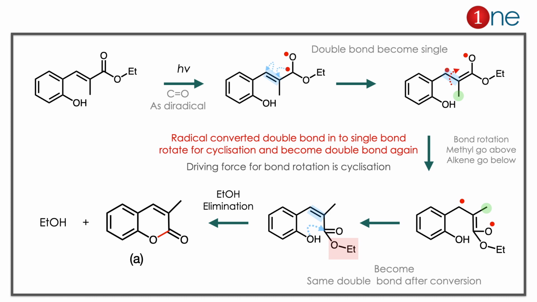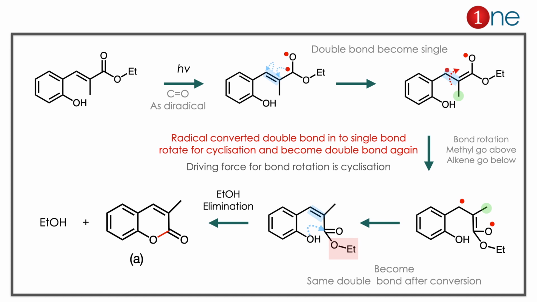The double bond is moved there because of radical stability. Here the radical weakens the rigidity of the ring, so bond rotation occurs there. So the rotation of the bond occurs, and the cyclization possibilities happen there. Again the radical switches back. Why is it happening? Because the reaction has to happen. The reaction is promoted by the cyclic product. So the single bond rotates, again it becomes the double bond. So since EtO is a good leaving group, it leaves by OH attack, new ring formation occurs there. Here the double bond is converted into a single bond. After rotation it gets back to the original double bond.